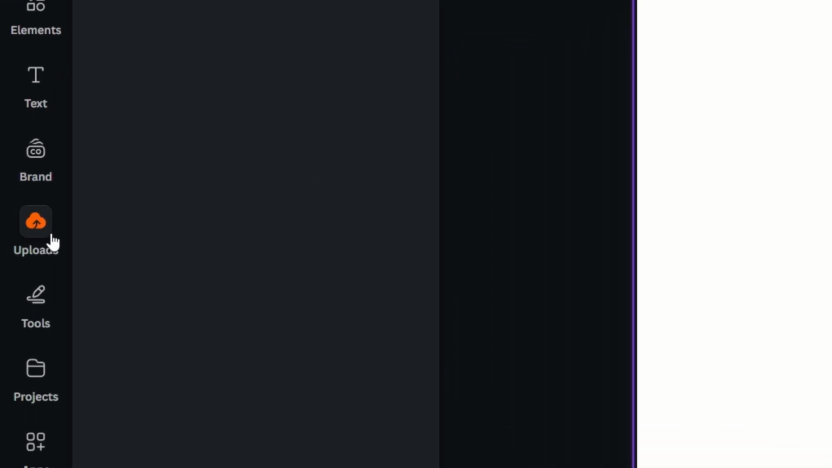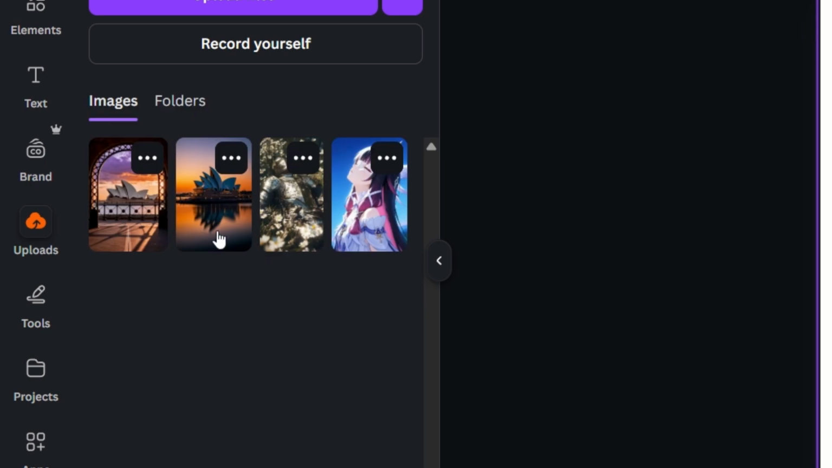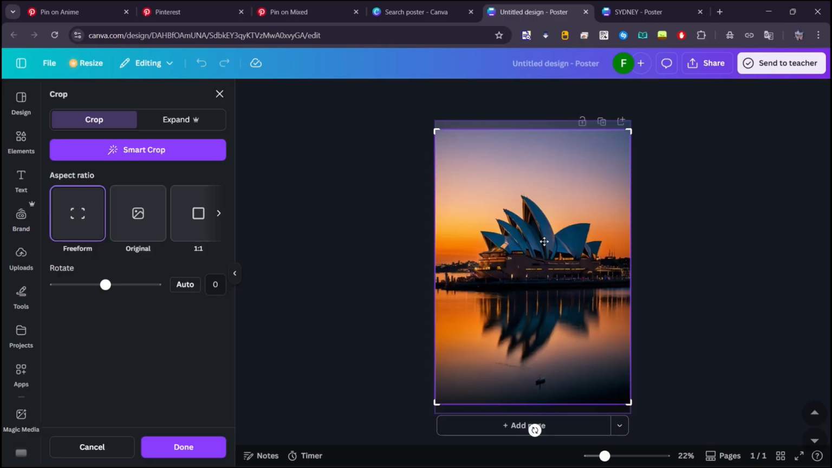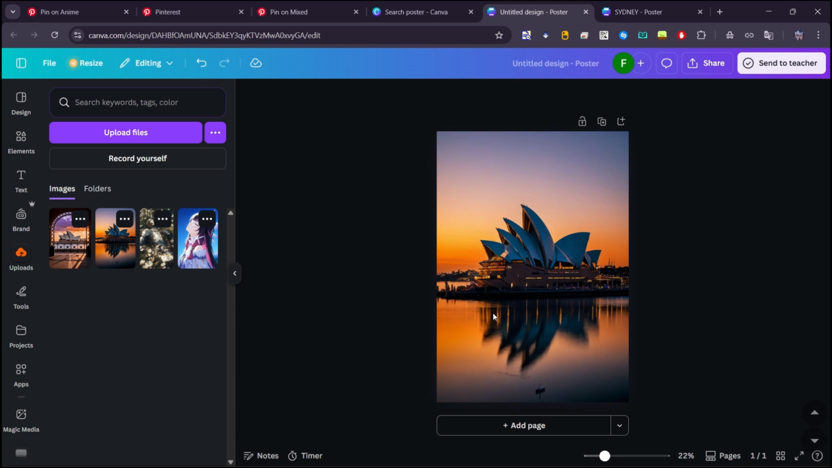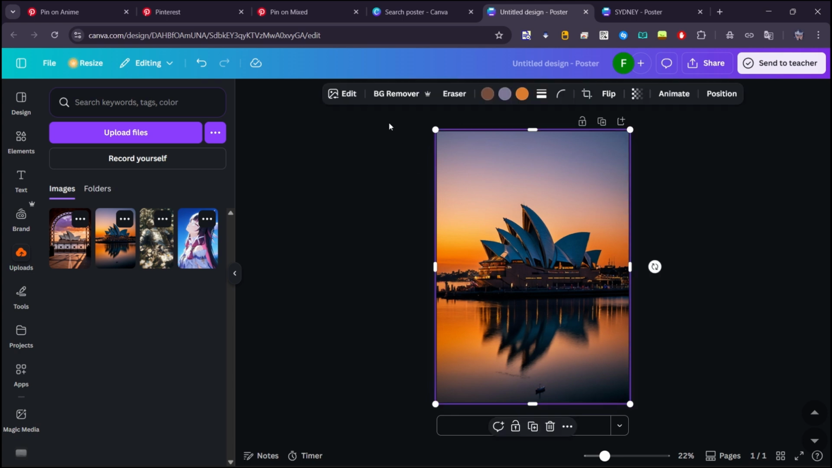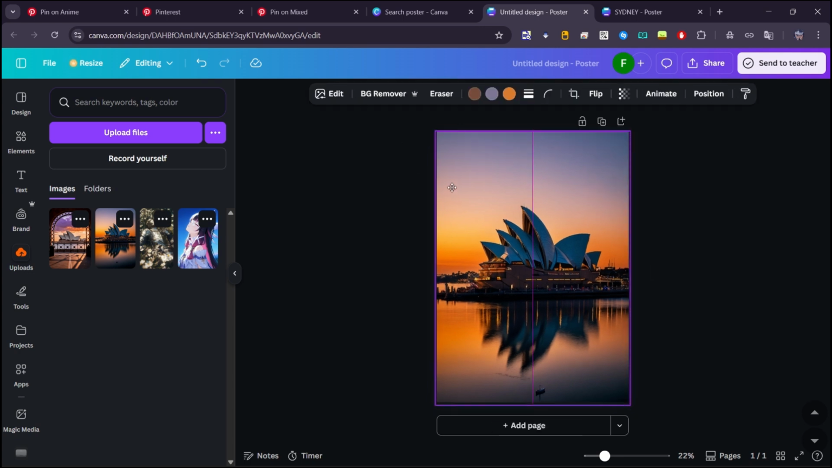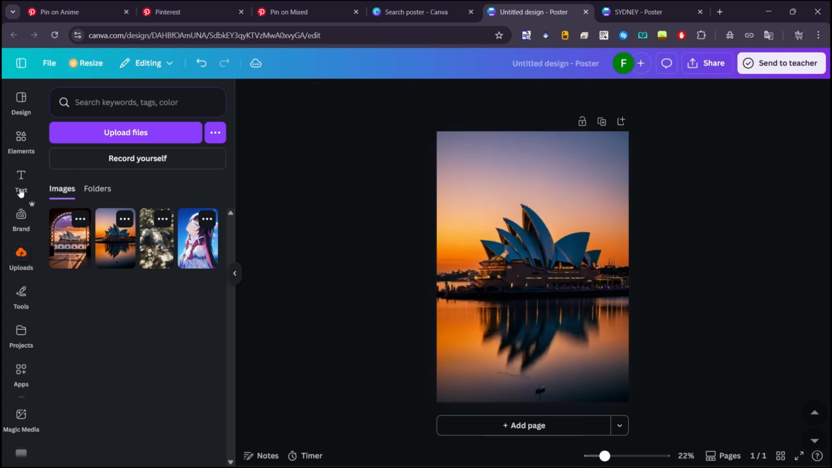Now go to uploads, insert an image. So I'm gonna go with this image of Sydney, and then I'm just gonna double click it to crop it and fit it into my template. Next, what we're gonna do is just adjust it, move it a bit down, duplicate it using Ctrl+D and remove